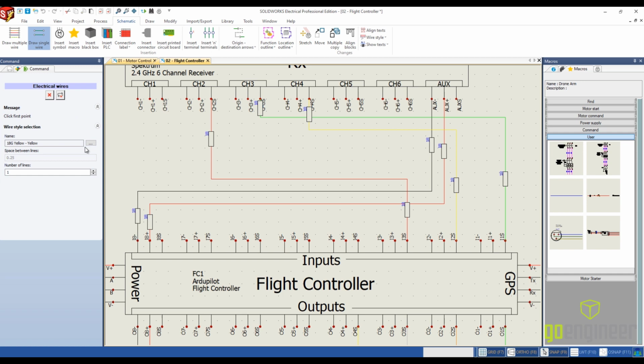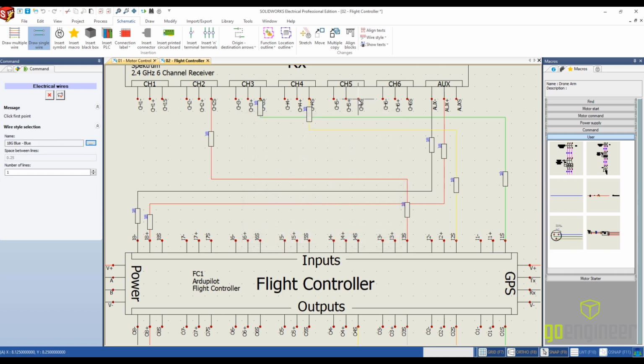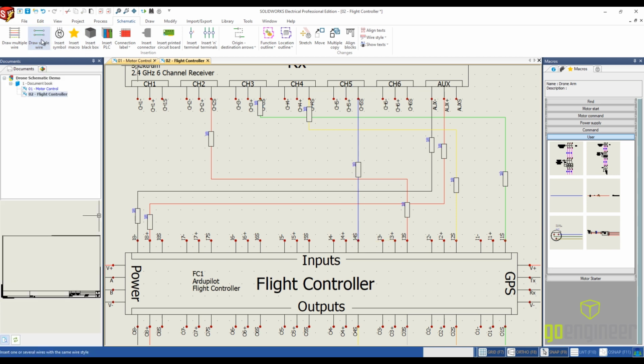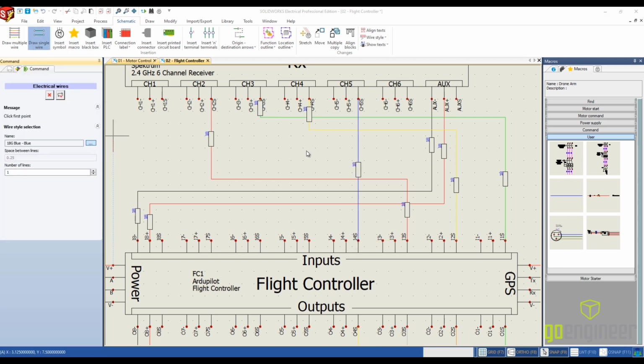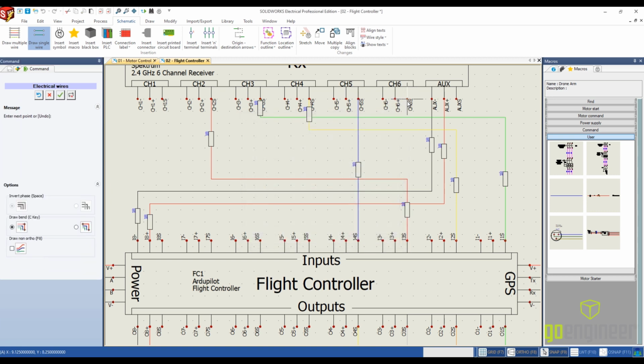Blue and orange, so we'll do the blue one. This actually goes straight down, and orange will go from here to our